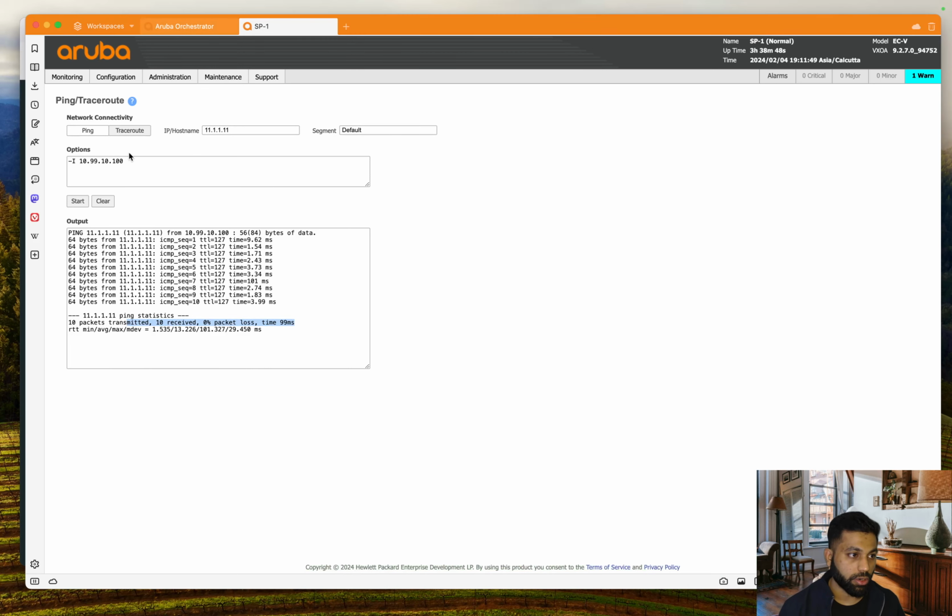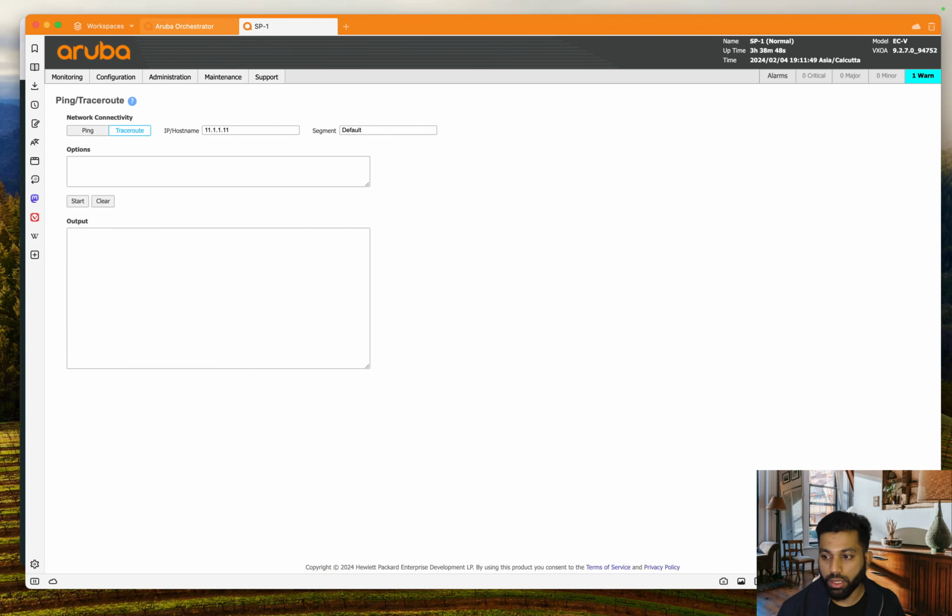We can also do a trace route if you need. You can switch this to trace route. The IP will remain the same, but the flag will change here. So we can do -S, source, right? 10.99.10.100, right? So now by doing this trace route, we can understand